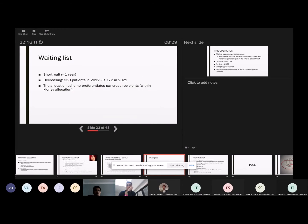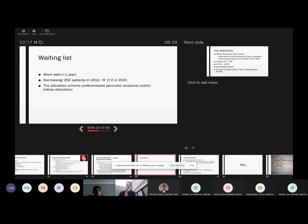The waiting list is short. The waiting list is less than a year for most people, and people don't have to wait for very long. There's only between 100 and 200 patients waiting for these, but the way it works is that it actually preferentiates people